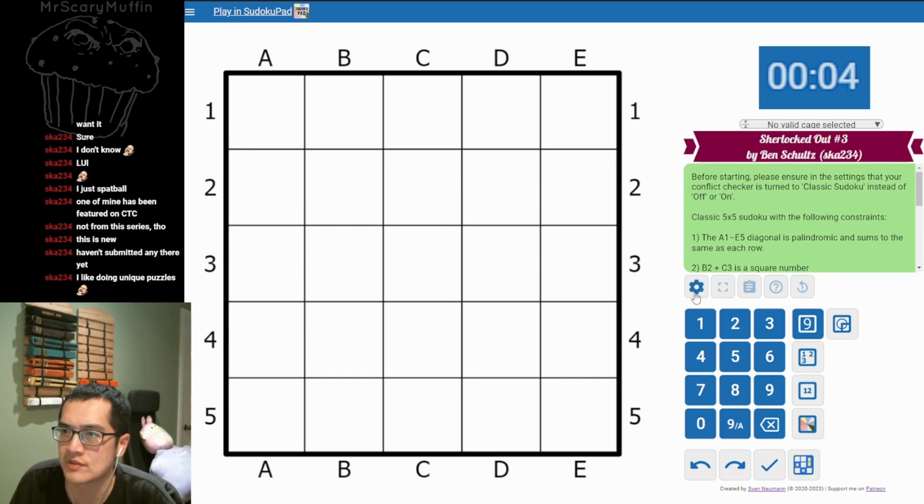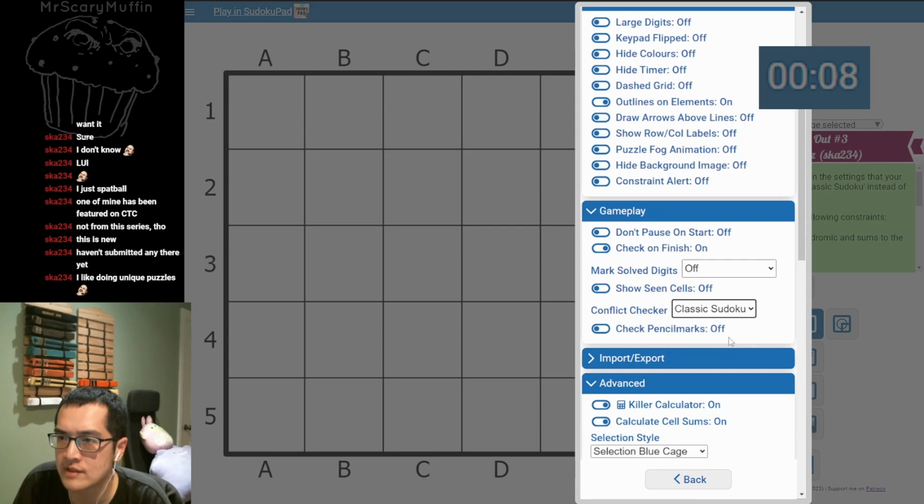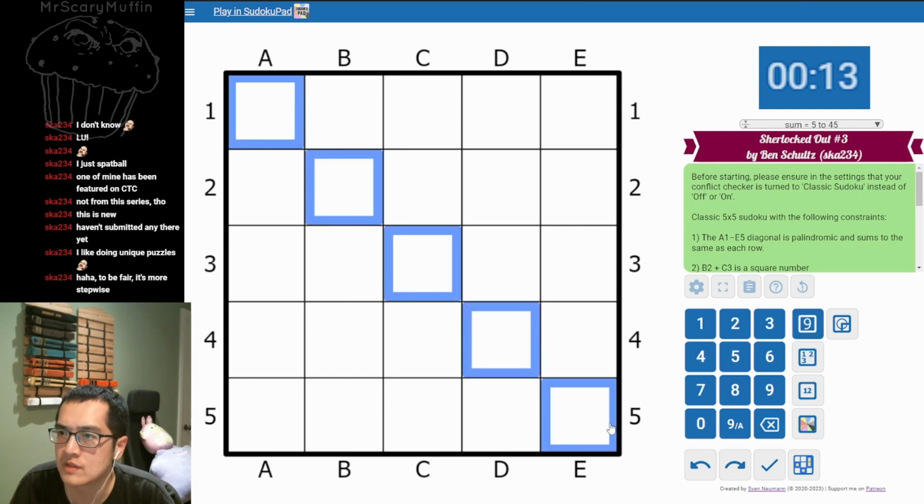All right, so we need to go into our settings and turn on the conflict checker. Where's my conflict checker? Here we go. Do Classic Sudoku. All right, that's the first step, done. So every row and this diagonal all sum to the same thing. And classic 5x5 Sudoku rules apply, which means